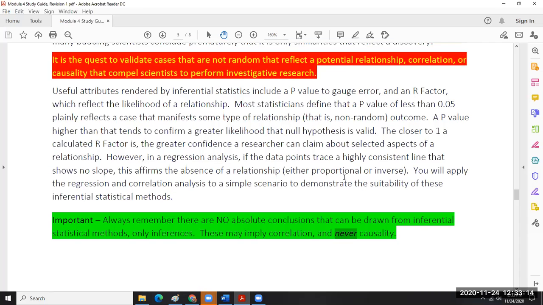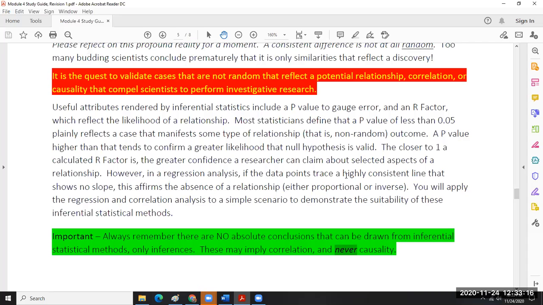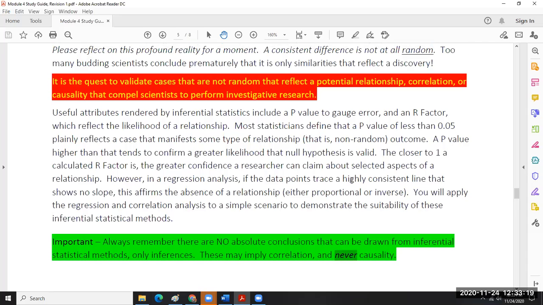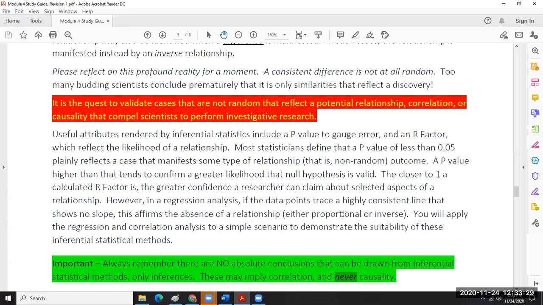So has everybody heard of correlations versus cause and effect before? I have not, or I don't remember that. Yeah, I have in a previous class. Okay, so